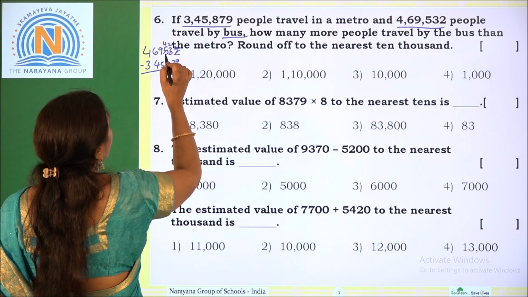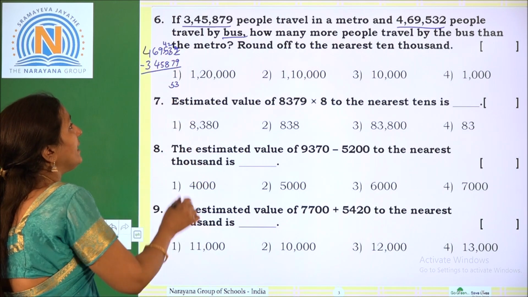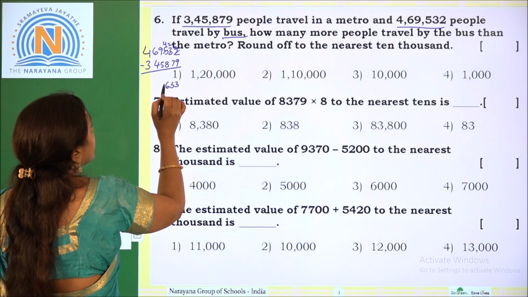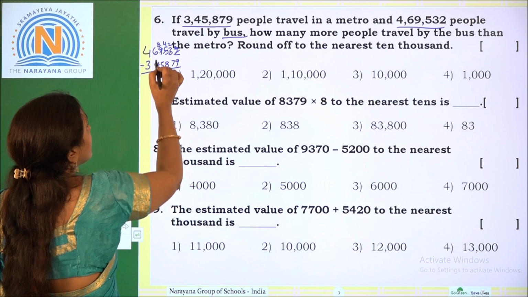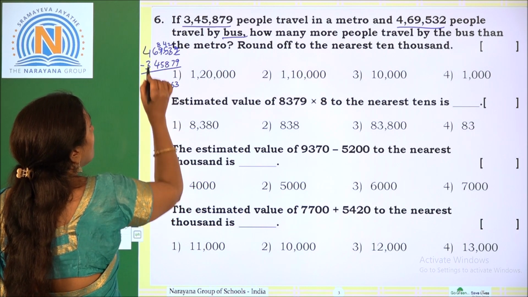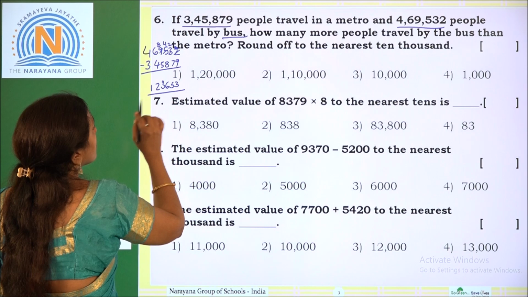Now this will be 4. Regroup it. 4 will become 14. 14 minus 8 is 6. This will become 8. 8 minus 5 is 3. 6 minus 4 is 2. 4 minus 3 is 1. So